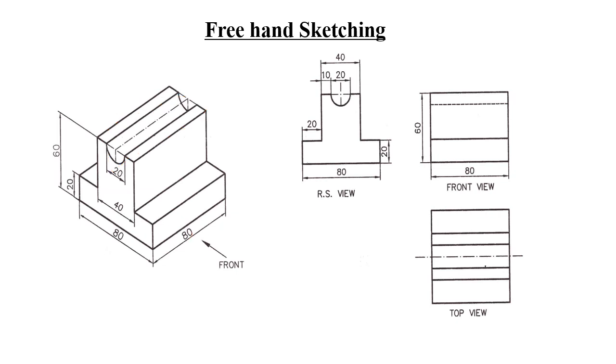Now this particular block has to be projected in your two-dimensional drawing sheet with its front, top, and side views. As I just said, in this particular example you are asked to get the right side view. The right side view, as I said, is the view you get to the right of the object. It is called the right side view.